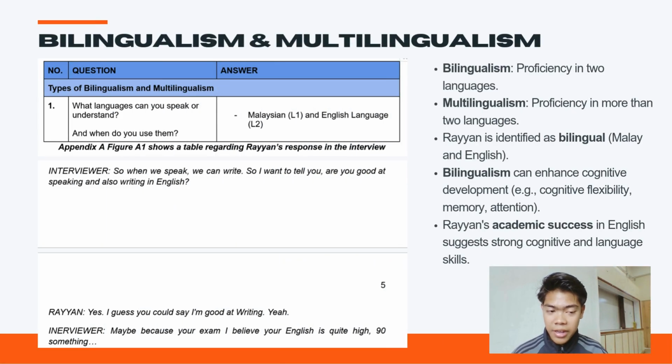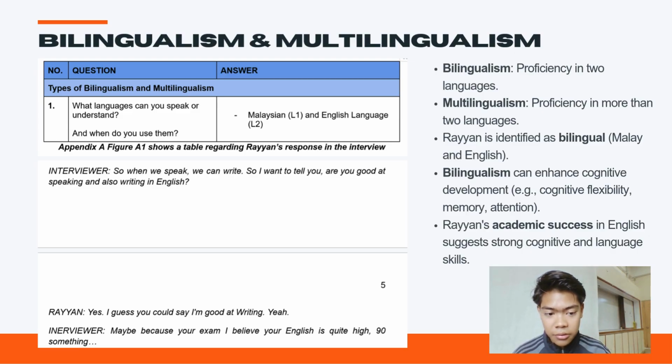So finally, we have reached the first main content for today's case study analysis, which is bilingualism and multilingualism. But here we are only emphasizing bilingualism, because this case study relates to Ryan's proficiency in speaking Malay and English. As a brief, bilingualism is the proficiency to speak two languages, and multilingualism is the proficiency to speak more than two languages, or three languages, or even several languages in different countries, different cities, or even in different